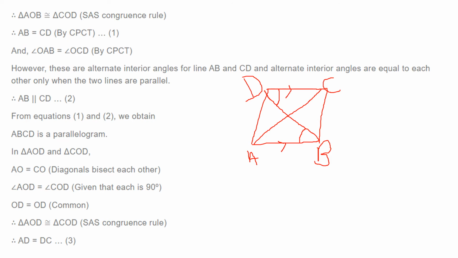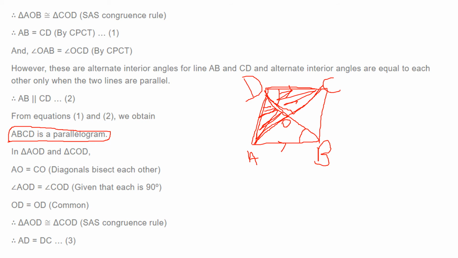Just because if alternate angles are equal, then lines must be parallel, right? So therefore you can say that ABCD is a parallelogram, right? If ABCD is a parallelogram, in the parallelogram, if you take two triangles that I'm going to shade over here, AOD, this triangle that I'm going to shade now, this one, AOD, this triangle. Okay, AOD must be congruent with COD. You can make it congruent with this only, right? Shaded region. How will you make it congruent?